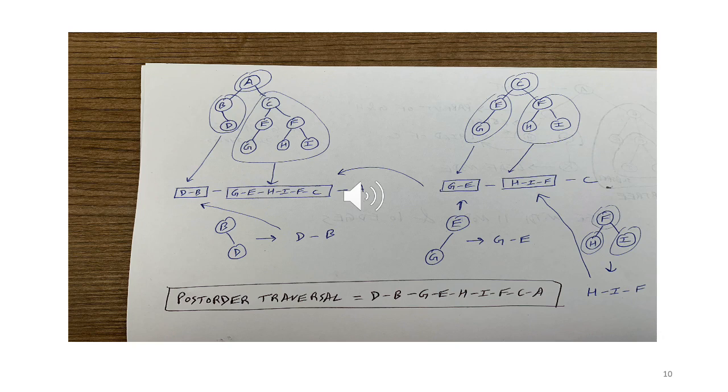So D followed by B followed by G followed by E followed by H followed by I, followed by F, then C, then A. Okay. So here we have a sequence for visiting nodes. So what does it mean to visit a node? To visit a node means that we perhaps perform some operation on that node. The operation could be that we are just, let's say, grabbing some value and printing it. The operation could also be that we are performing some calculation, like in the binary search tree example in chapter 6.